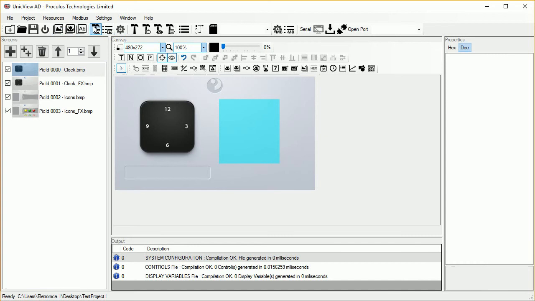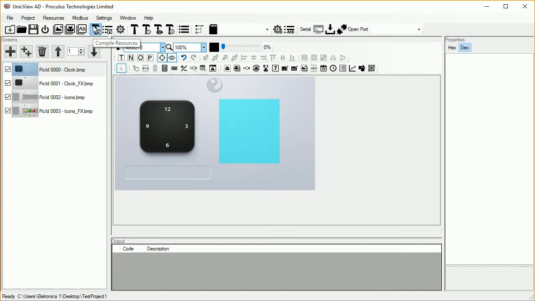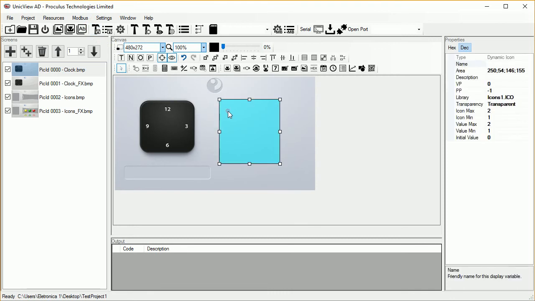To solve this, compile the whole project or only the project resources. Now, the new icon library shows up, as expected.